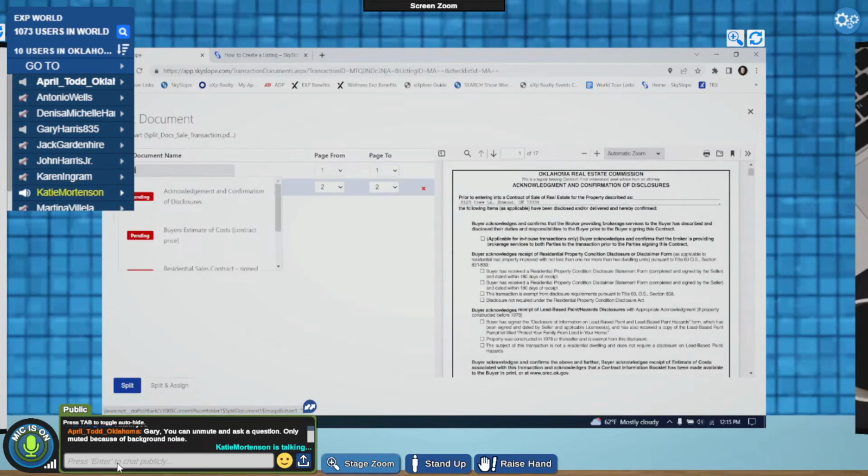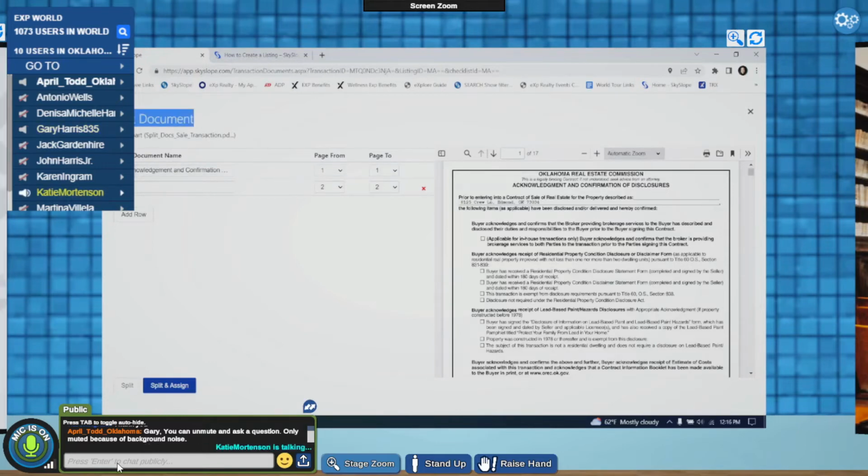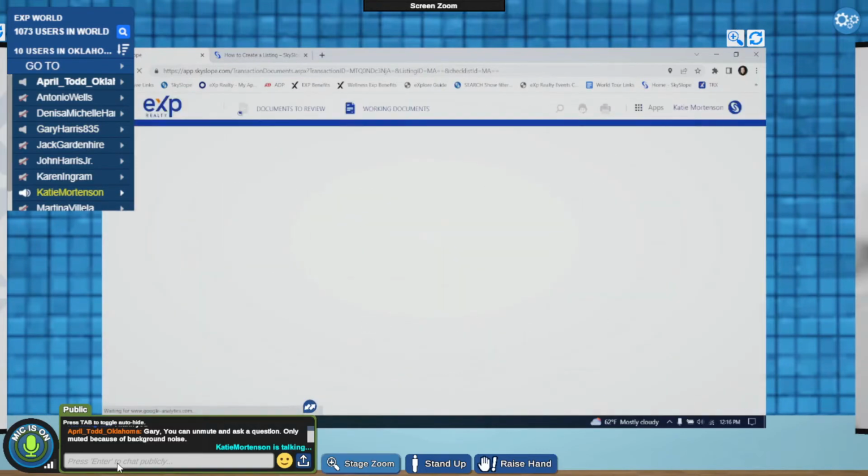And I made the suggestion of familiarizing ourselves with how the checklist has things indicated as to who it would be assigned to. But then it's just a matter of making sure our pages are correct and going from there, if that helps. And then once we would split and assign, it would automatically go to